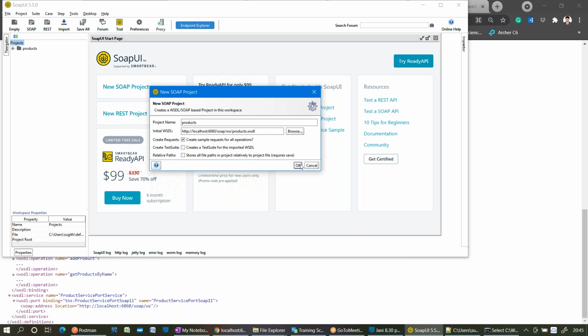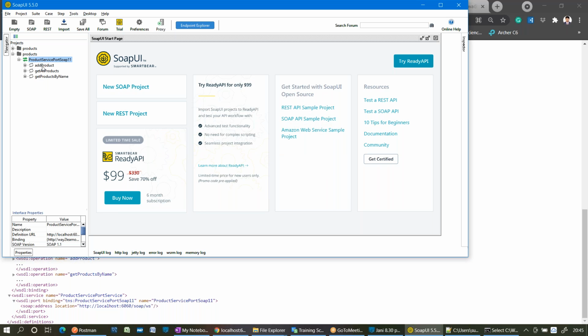And creating a sample request. These are the operations I have. First, let me go with get product by name. Just double click on this request. So input and output, in SOAP applications, will be in which format? XML. Yeah, XML format. Whatever body we are sending as an input request should be wrapped up into a SOAP envelope. You don't need to do all this. Just give the WSDL location, and automatically it will create the request. And if we click on submit request, it will submit that input request to that application.